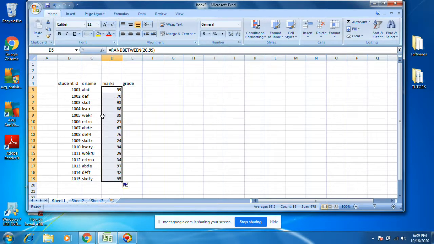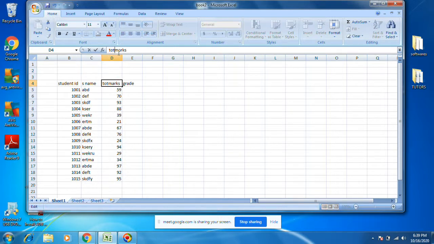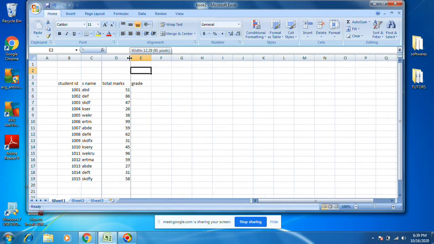Okay, let this be random marks. Okay, let's do simple formulas. These are total marks. Total marks. Let it be.